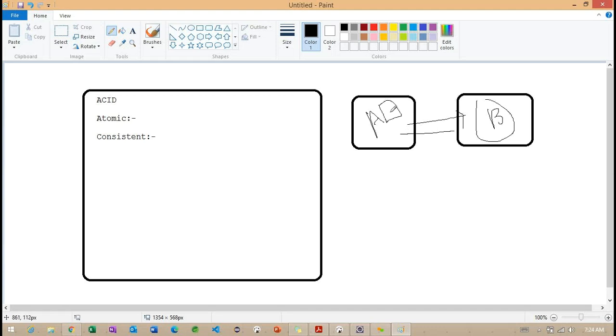From this particular state we are trying to connect to application B, but whether it is a success or a failure, we need to get back to the same state of this application. This is taken care of by consistency. This is also a very important component, consistency.